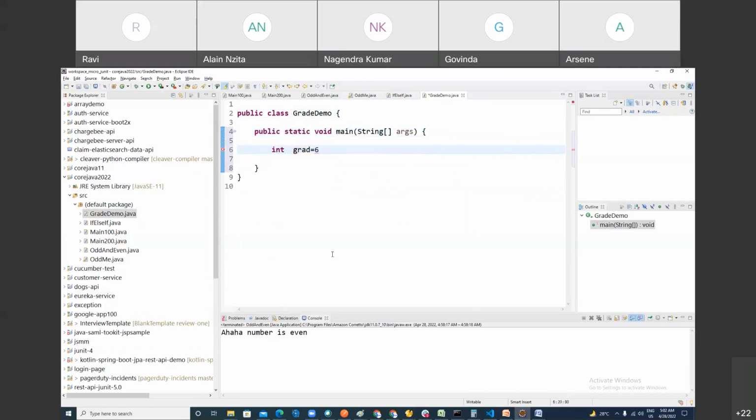Anything. So basically, my requirement is: if grade value is less than 30, you want to print you failed. System.out.println, you are failed. Clear? Else. Now, if you want to write multiple conditions, if grade is